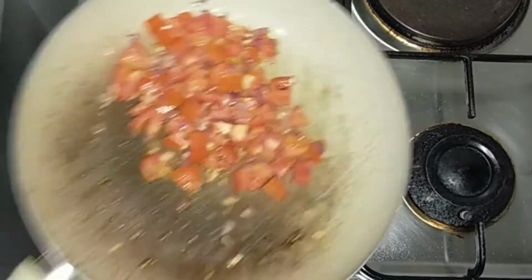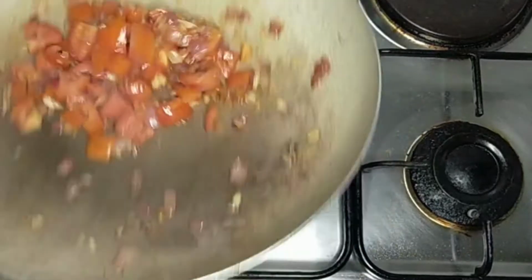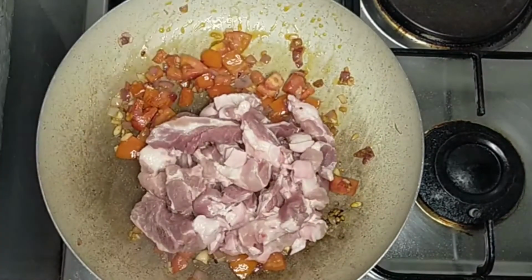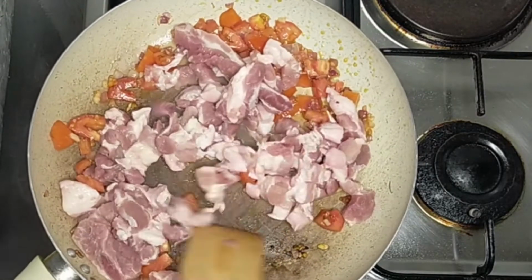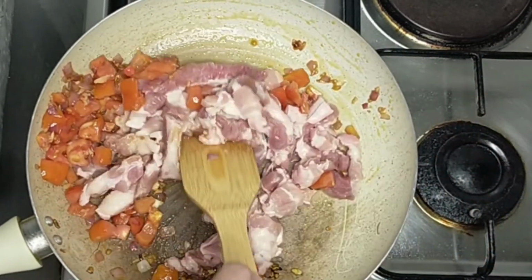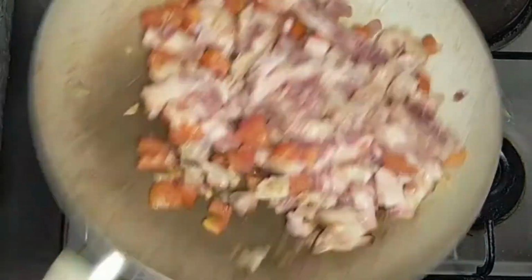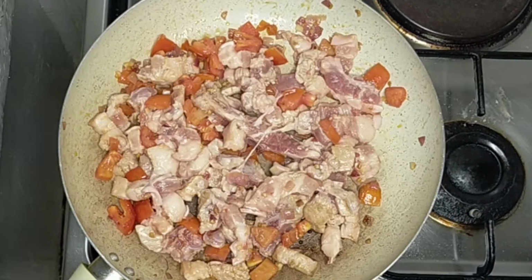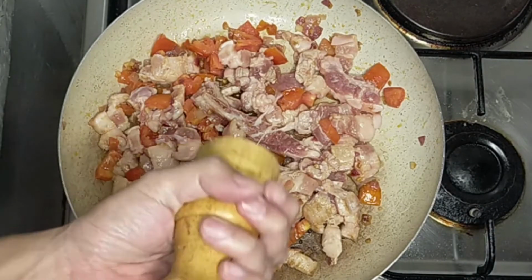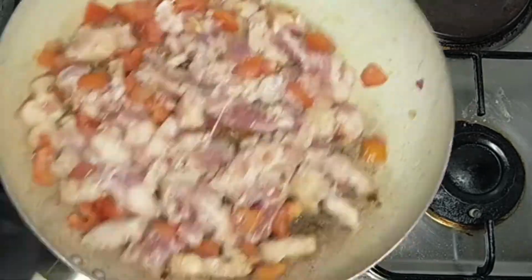Keep flipping them around. Once your tomatoes have broke down a little bit, add in your pork. Saute them for a little bit. Then add in your fish sauce, your freshly cracked black pepper, toss them for a little bit,